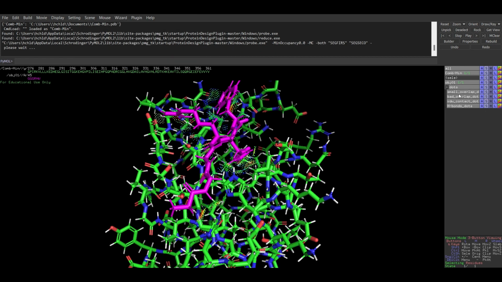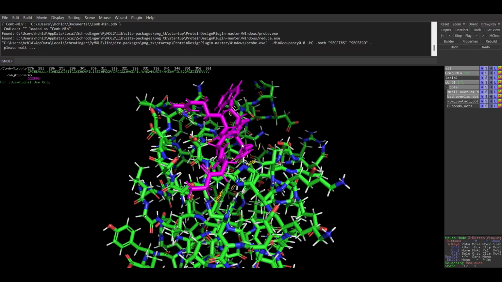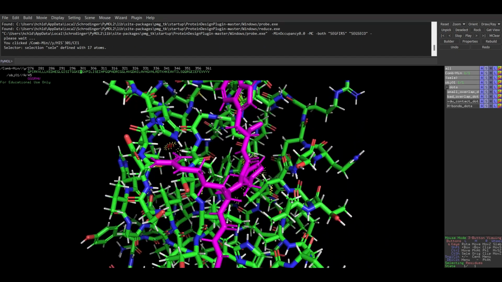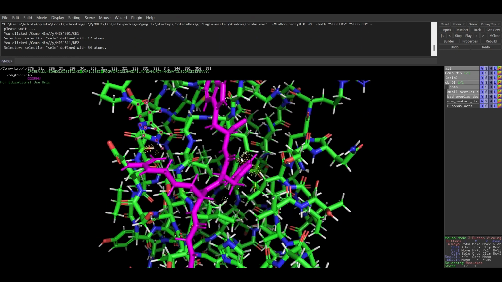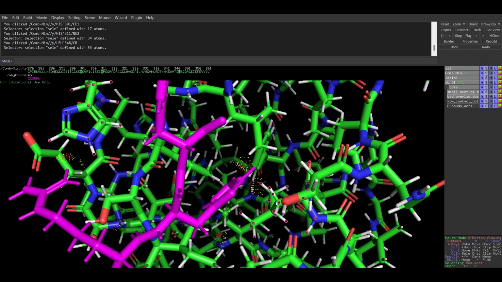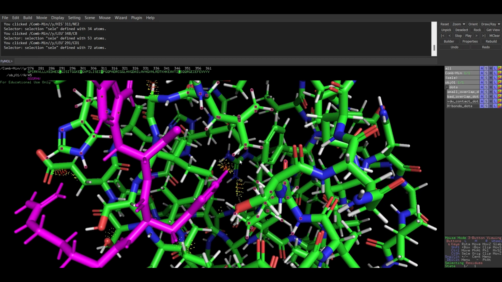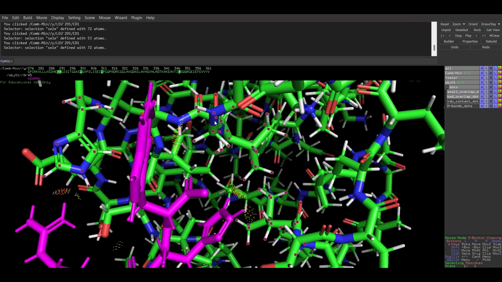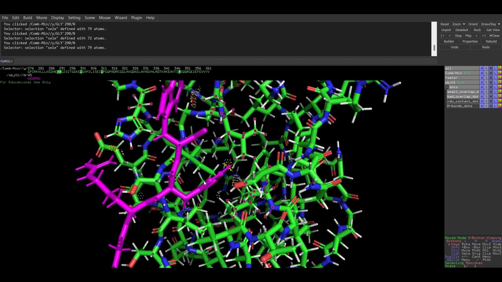So we're again going to go over to our dots group, and let's uncheck these favorable and look at any remaining steric clashes. So we are still clashing with H301, H311. You have some clashes in here. This is L348. This is L291 and G290. So I'm going to go over to the interface, set up a new design, and I'm going to